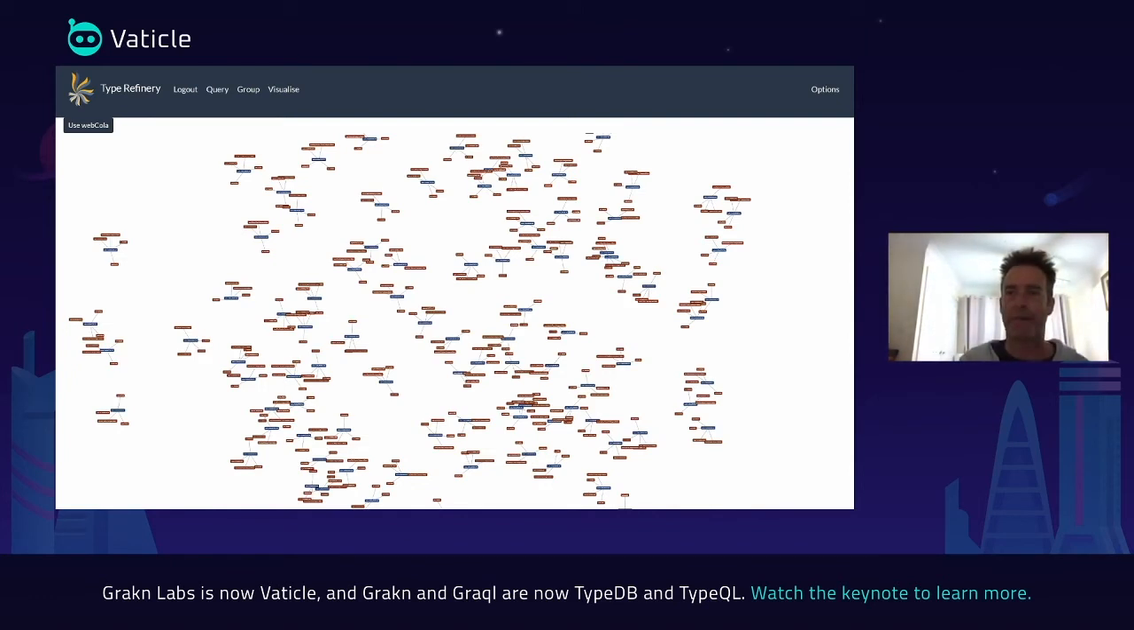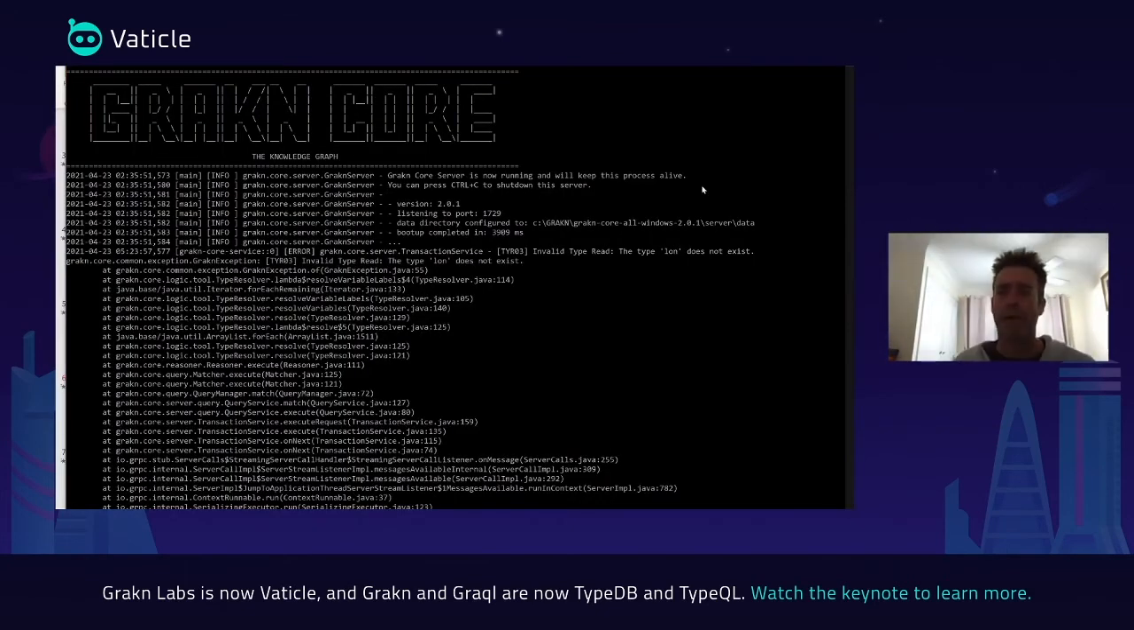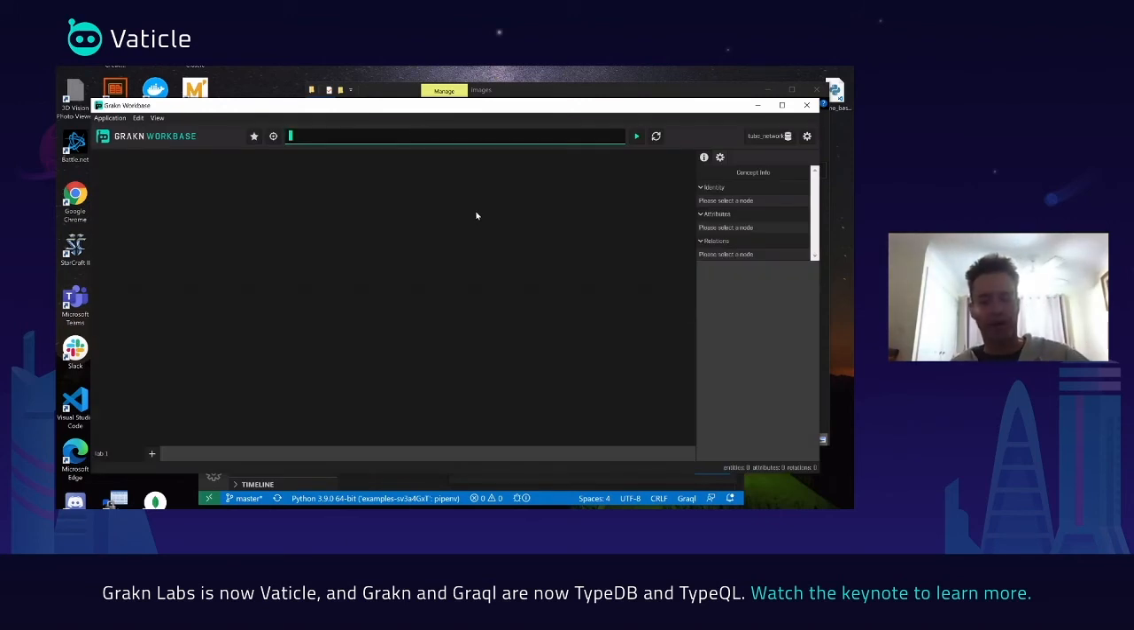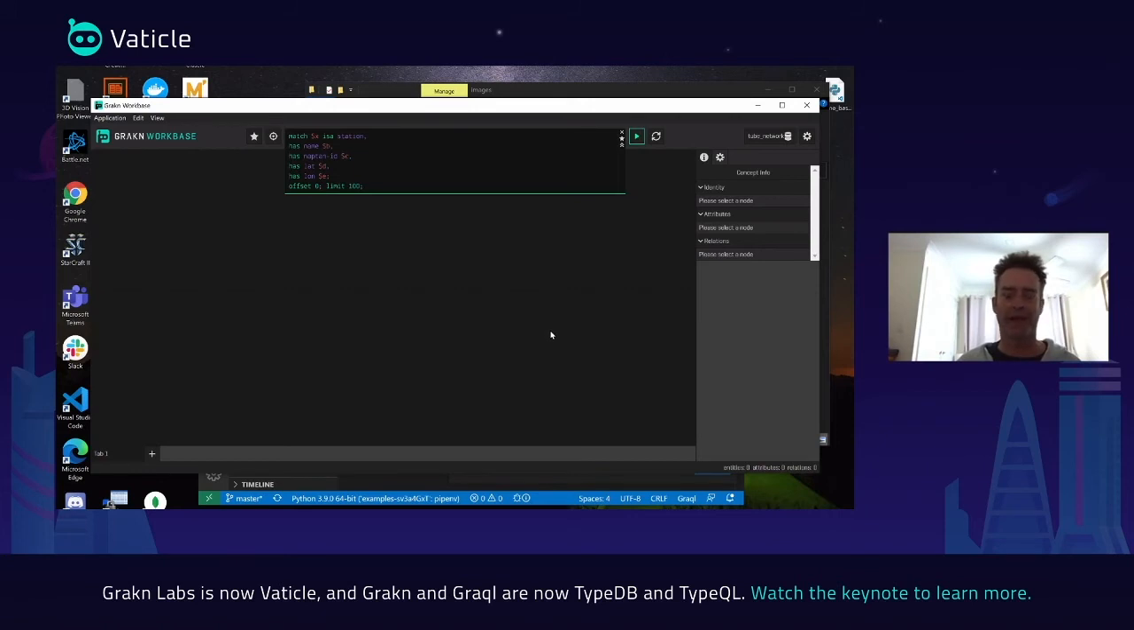If we have a look at what Grakn Workbase will make out of it, we can see that it'll pull the query really well. But then when I go and look at the query, it's again going to be pretty messy looking. And one of the key problems here is, well, wait for that to come up, but